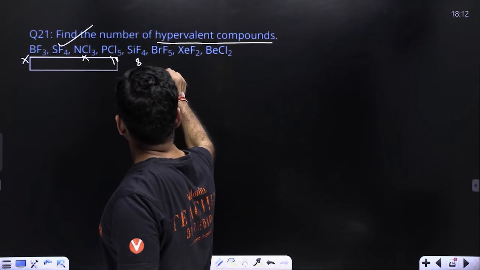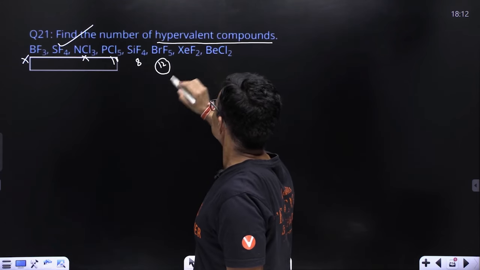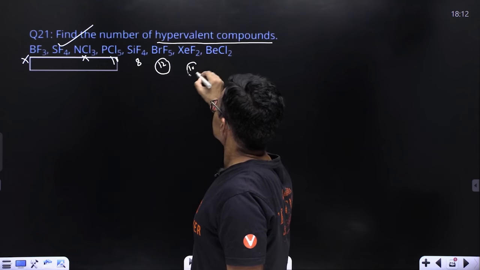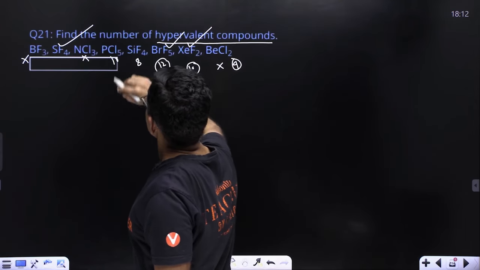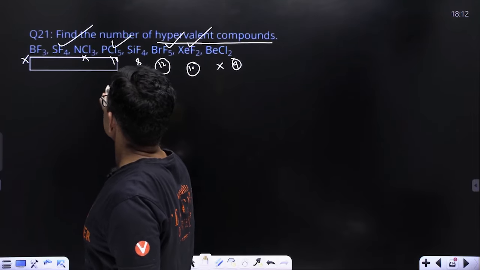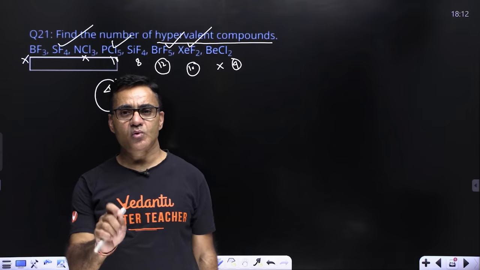SiF4 में 8 इलेक्ट्रॉन है। BrF5 में भी 7 और 5, 12 इलेक्ट्रॉन है आउटरमोस्ट शेल में। XeF2 में 8 और 2, 10 इलेक्ट्रॉन है। BeCl2 में 4 ही है, राइट। तो एक ये हो गया, 2 हो गया, 3 हो गया, 4 हो गया, टोटल 4। सो योर आंसर इज गोइंग टू बी 4।